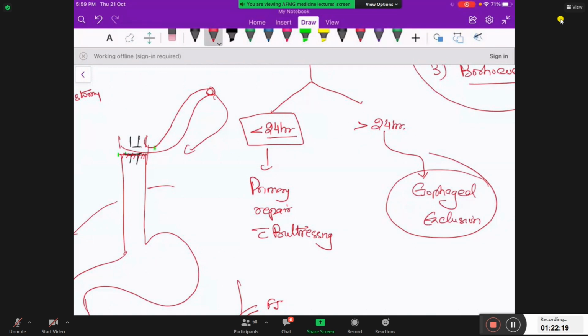Antibiotic देंगे, 6 to 8 weeks. After 6 to 8 weeks, we establish the continuity. नहीं, हॉस्पिटल में जरूरी नहीं है रहने की. ठीक है,